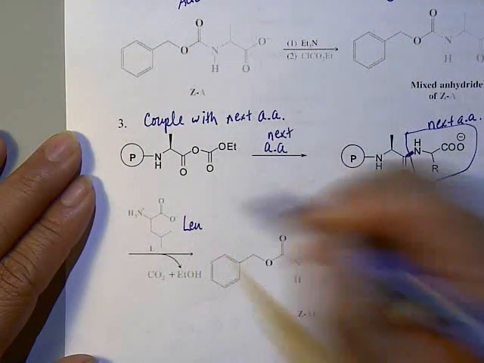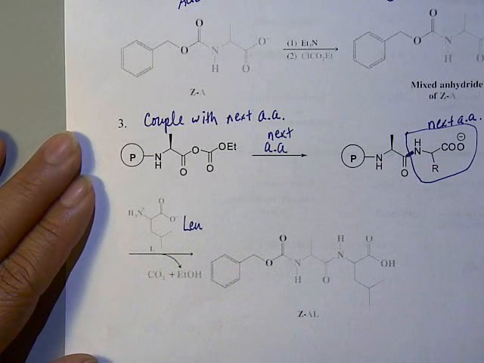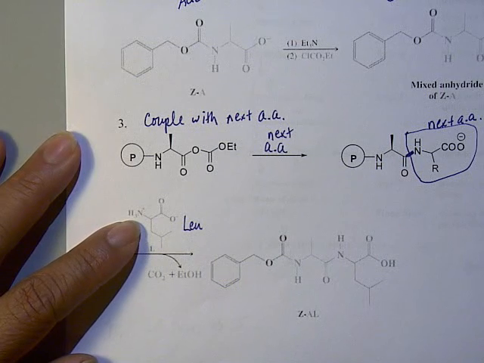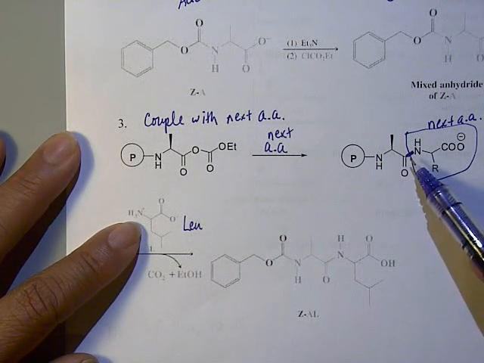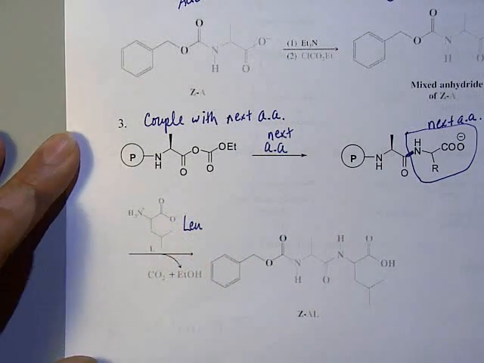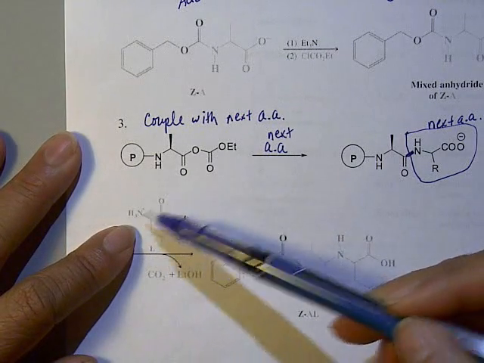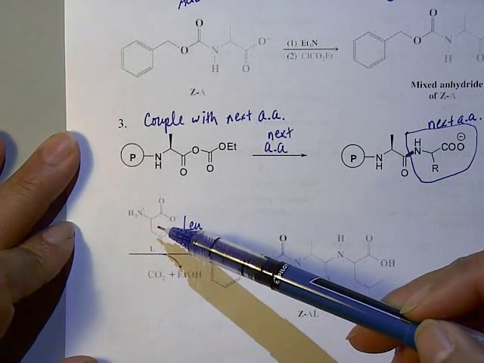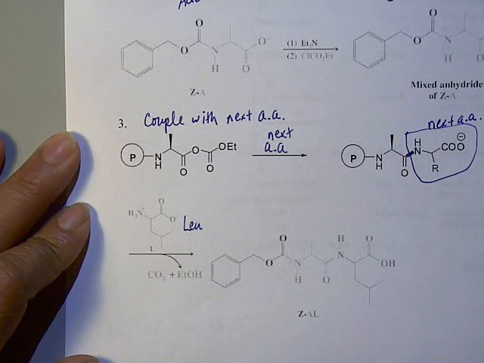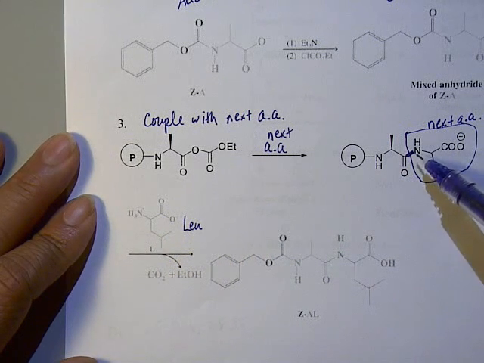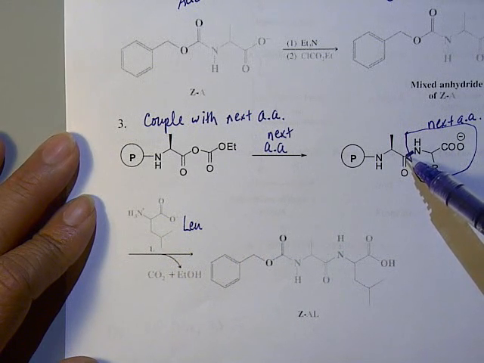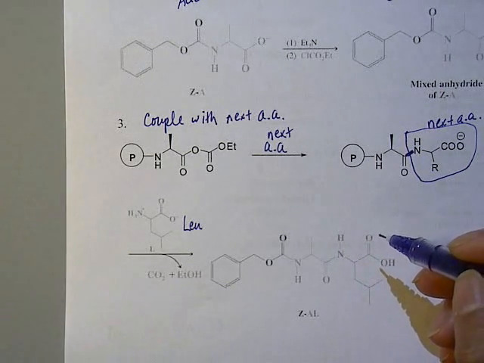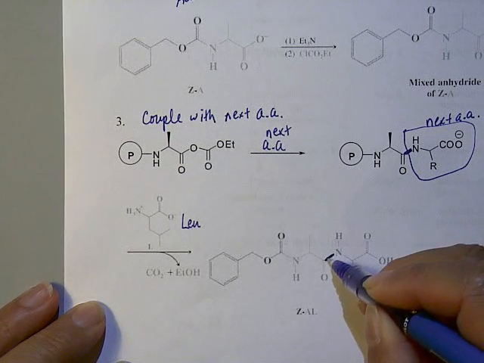This is the leucine, and notice the leucine is not protected in the carboxyl group. We want the amine to be free to be able to do this chemistry, but the reason why the carboxyl group is not protected is because of the two, the carboxyl versus amine, the amine is the more nucleophilic center. So when you try to do this chemistry, the amine will win in attacking that activated carbonyl center. All right. So then you have made this bond in this step,